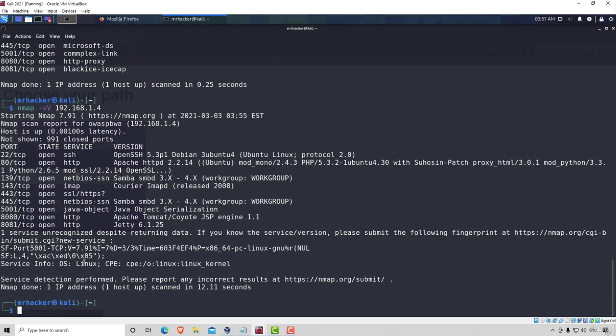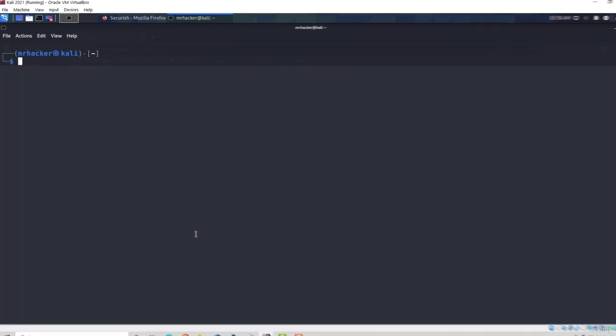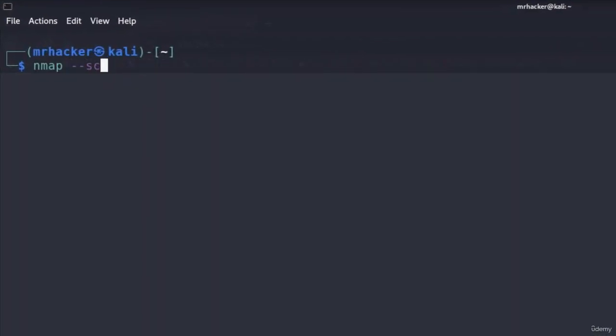So pretty much that would be about it, all of these services' versions. And another thing that I want to show you that is possible with Nmap is to use something called scripts. Now, Nmap can also try to find vulnerabilities. It can be used as a vulnerability scanner. How can we do that? Well, we can type something like this: nmap --script, then we type vuln, and then the IP address of our